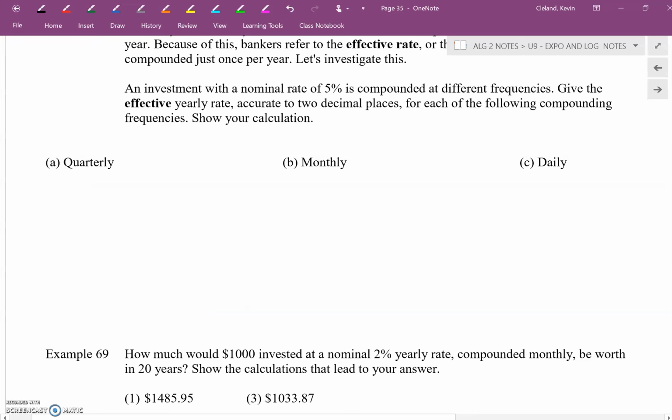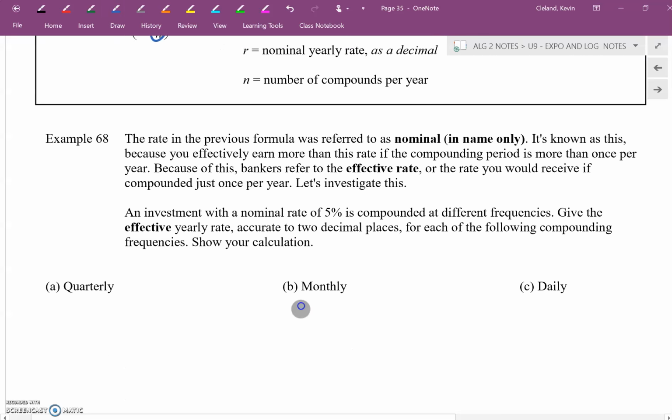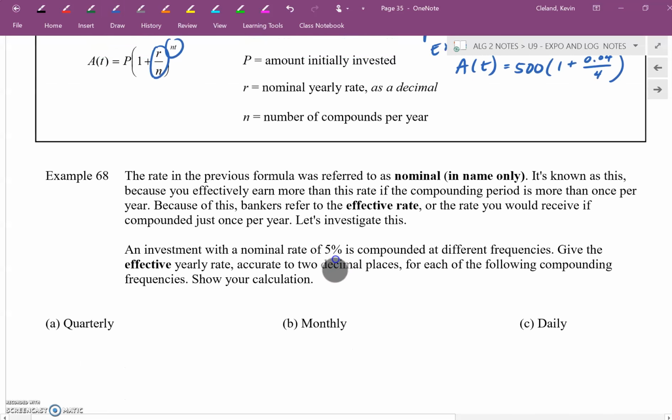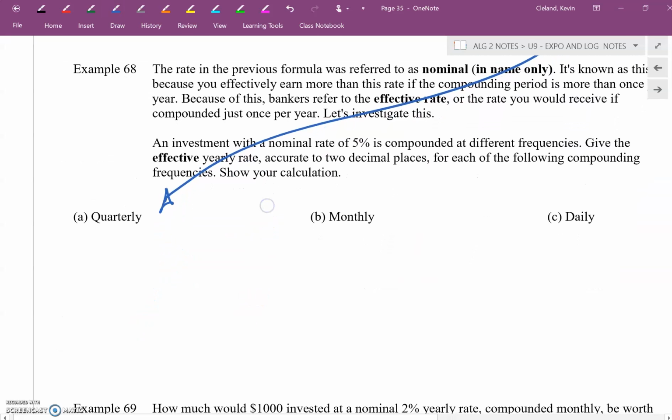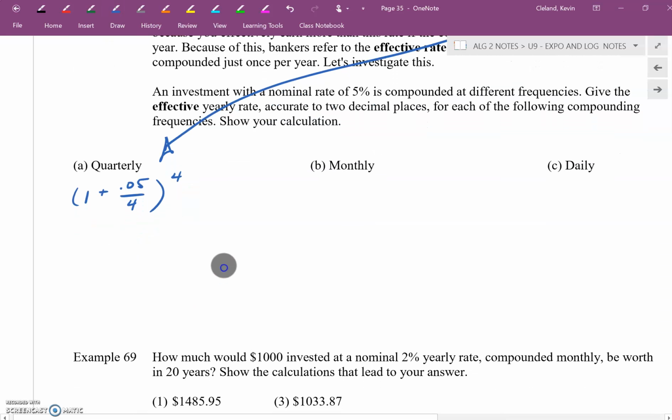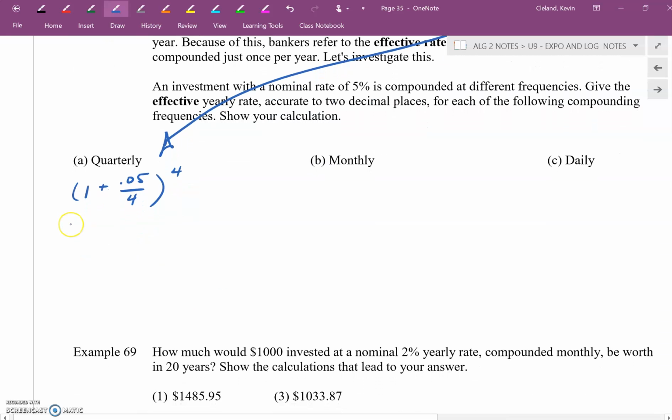So here we go. All I got to do is take basically the parentheses and exponent part of the formula because we don't know the principal. So I'm going to take 1 plus, and in this case, the rate is 5%, compounded quarterly, 4 quarters in a year, and raise that to the 4 power. Again, we don't have a time frame, so we can't really multiply that. But anyways, I did that ahead of time on Desmos, and I'll show you what that looks like here.